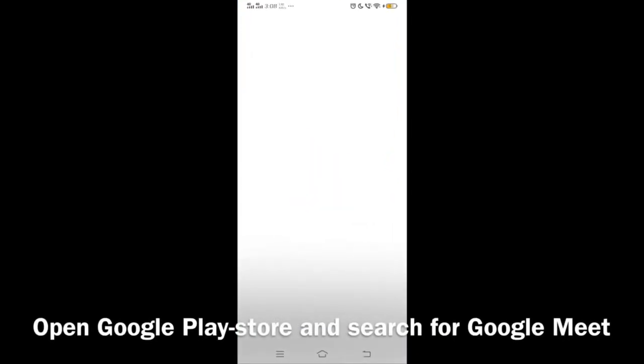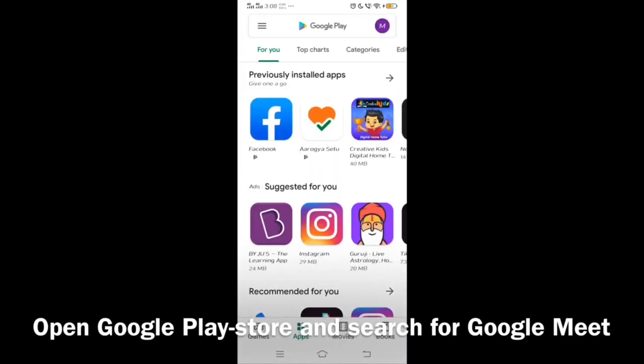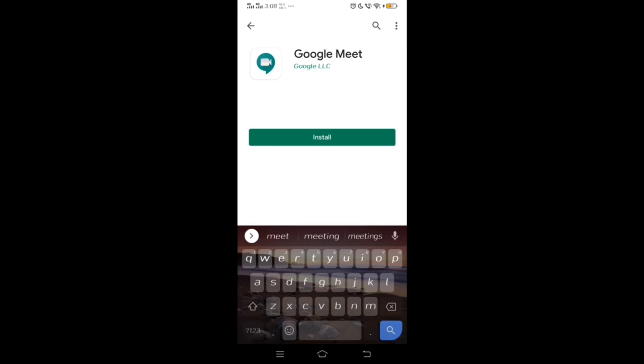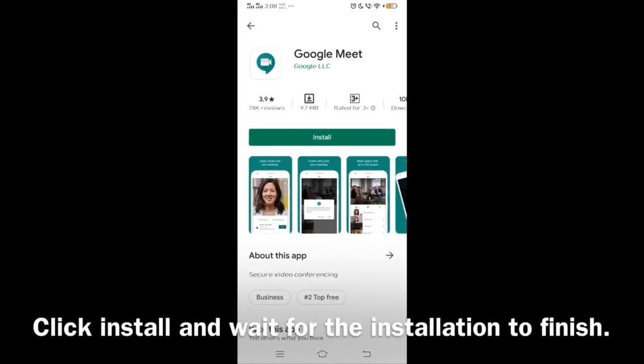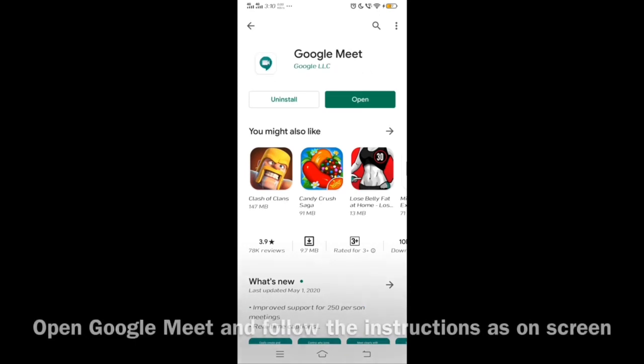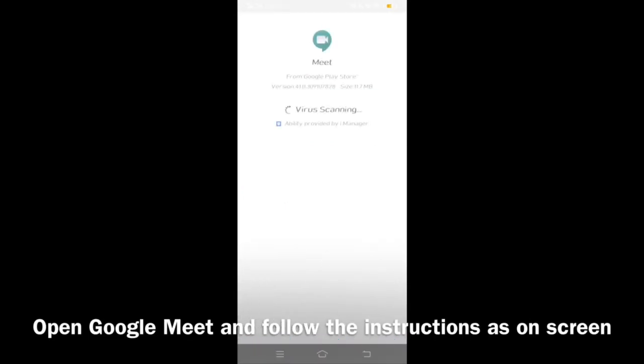In order to use Google Meet, you need to install Google Meet from the Play Store. For this, type Meet or Google Meet in the search box of Play Store and install it. The procedure remains same for the App Store. After successful installation, give Google Meet the required permission to work properly.